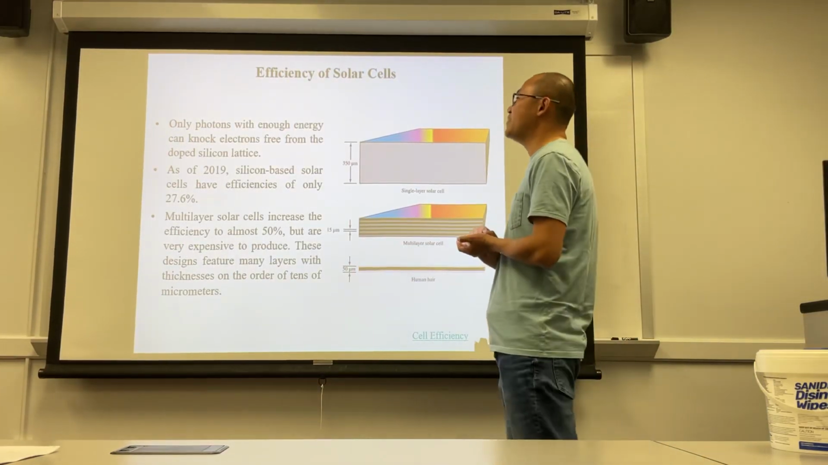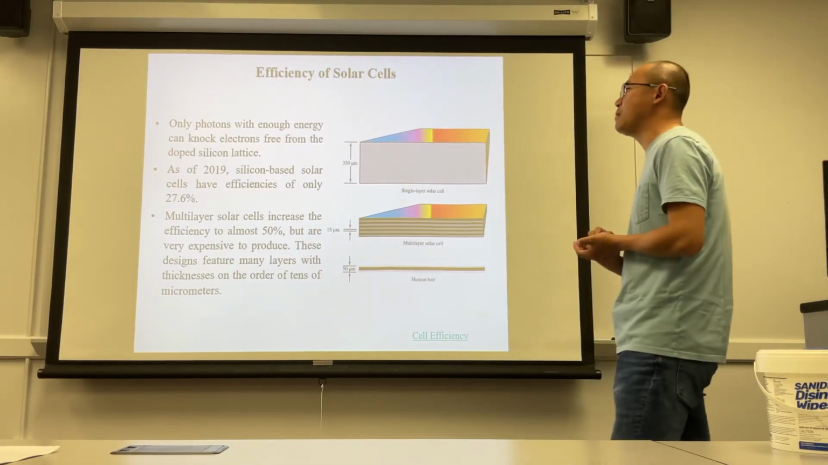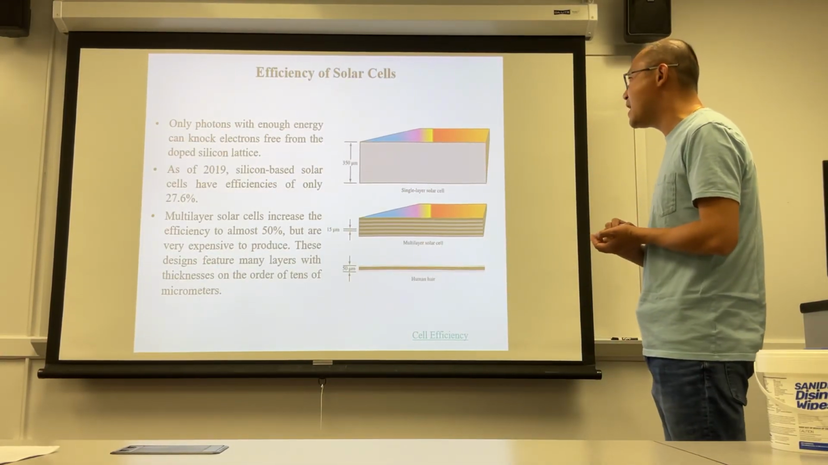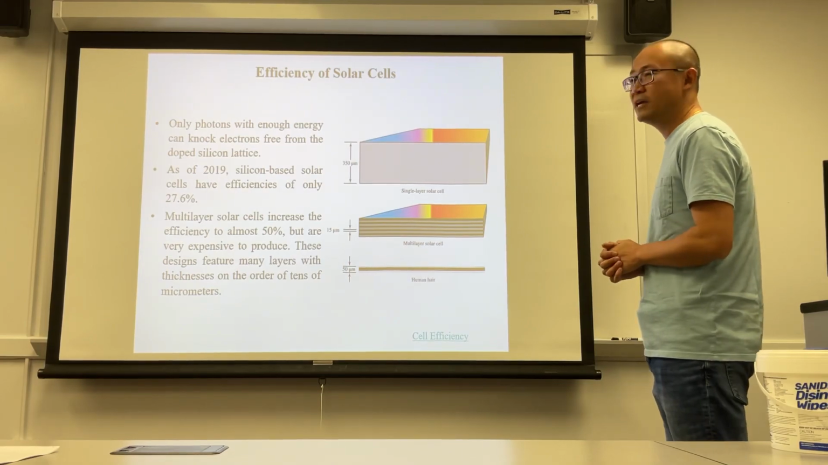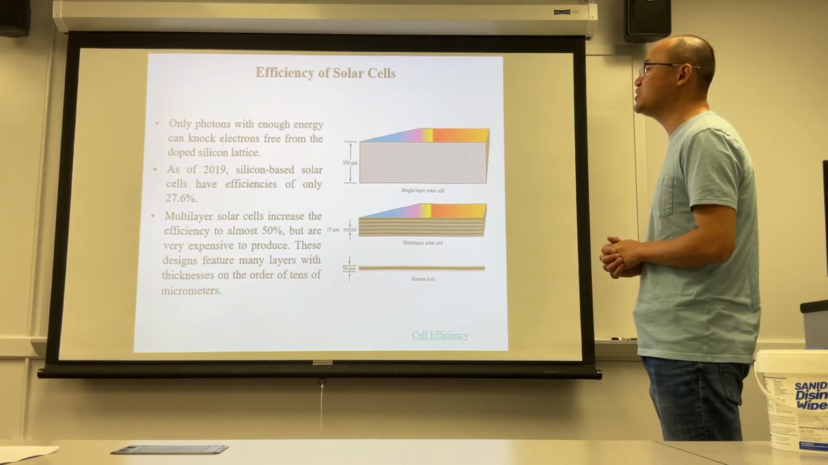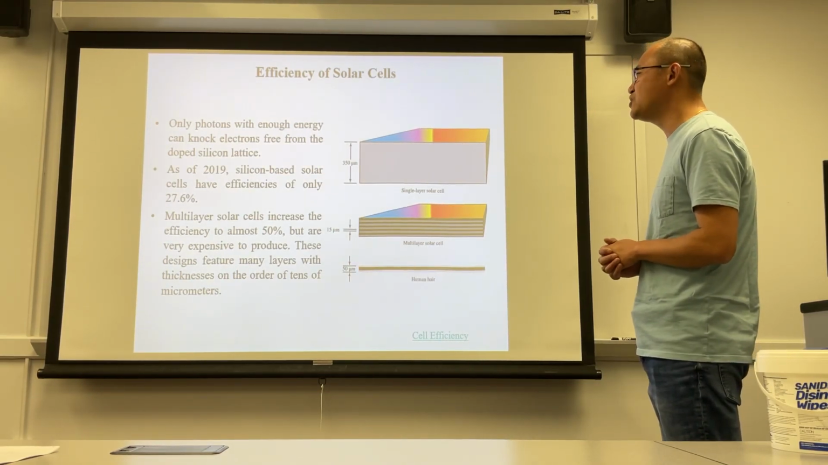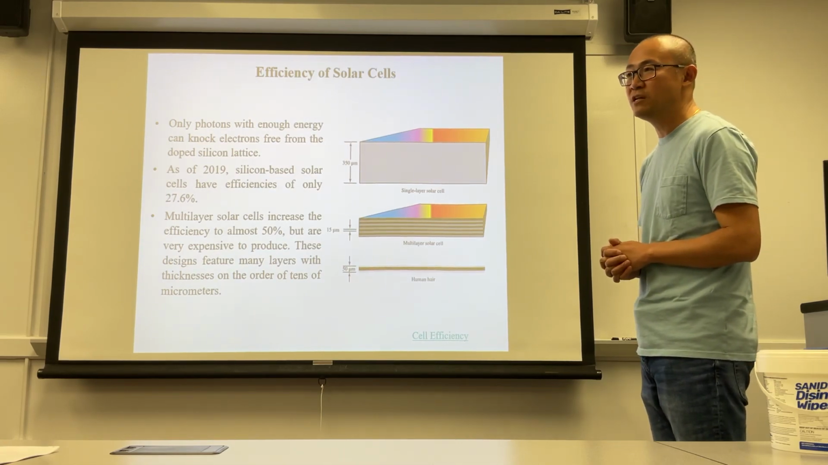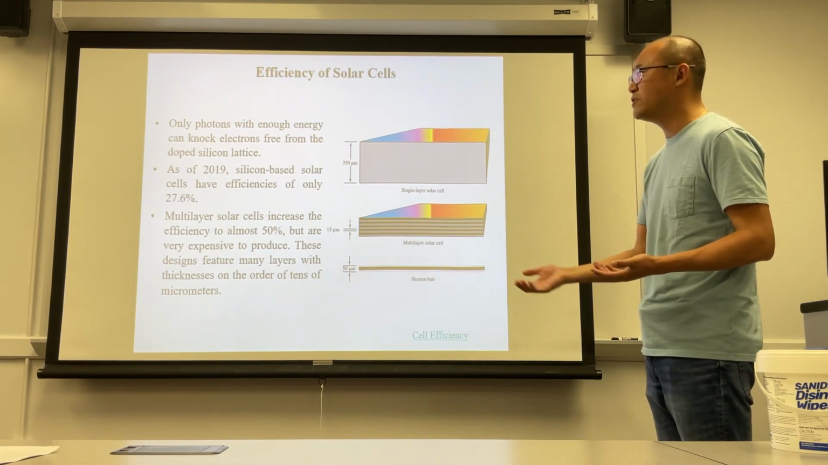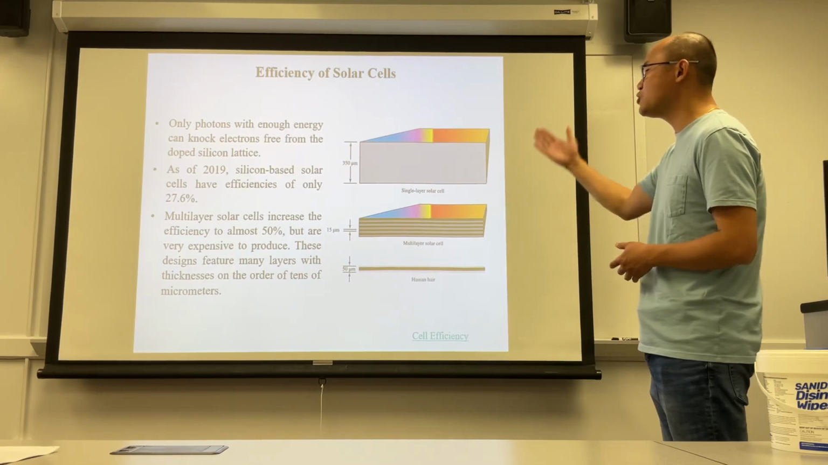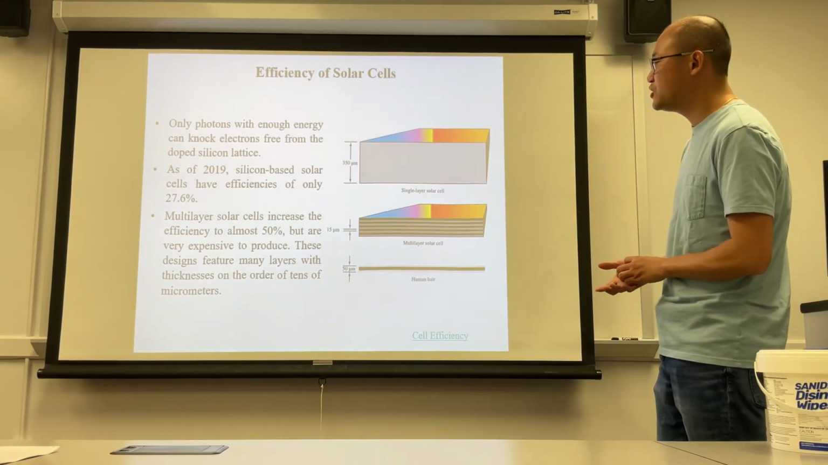Only photons with enough energy can knock electrons free from the doped silicon. Okay, as of 2019, silicon-based solar cells have an efficiency of only 27.6%, less than 30%. Again, the efficiency is very low. So one way to increase the efficiency is to